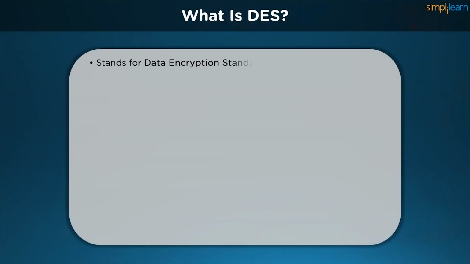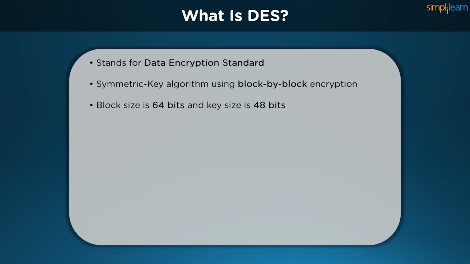DES algorithm stands for Data Encryption Standard. It is a symmetric key cipher that is used to encrypt and decrypt information in a block-by-block manner. Each block is encrypted individually and they are later chained together to form our final ciphertext, which is then sent to a receiver. DES takes the original unaltered piece of data called the plain text in a 64-bit block, and it is converted into an encrypted text that is called the ciphertext.